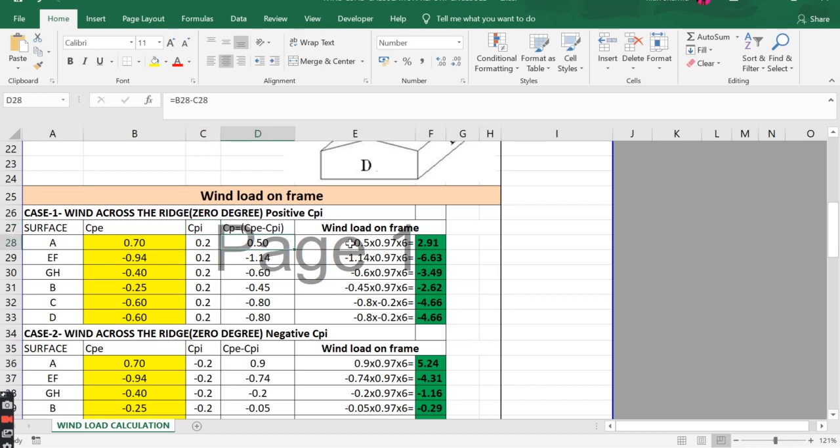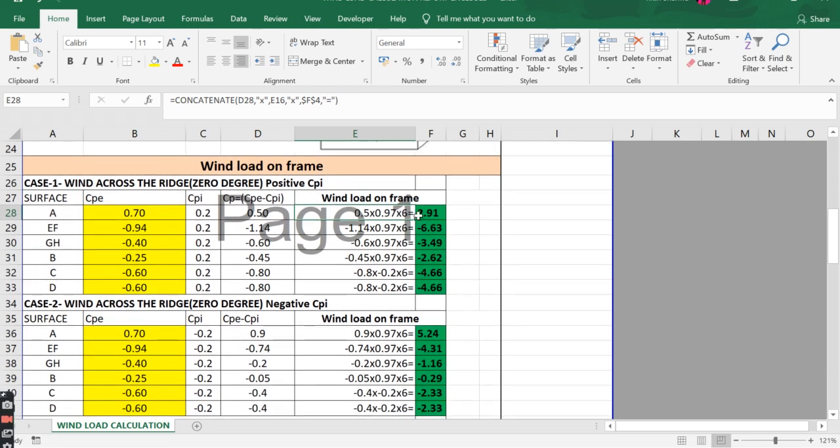So first I will add the load case detail in front of you. All of these you have to add on your own. I will give you the Excel sheet. You can contact me; I will provide the WhatsApp number and the email ID, so you can contact me through that. I will provide all of this in the Excel sheet.